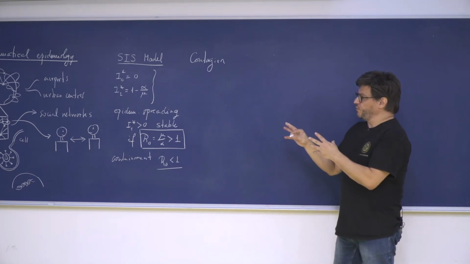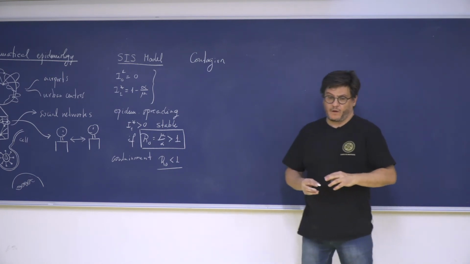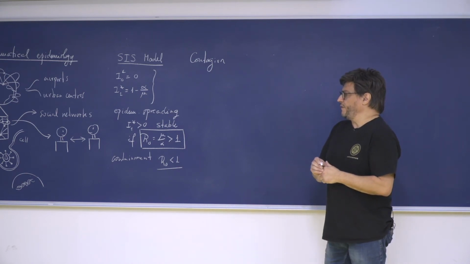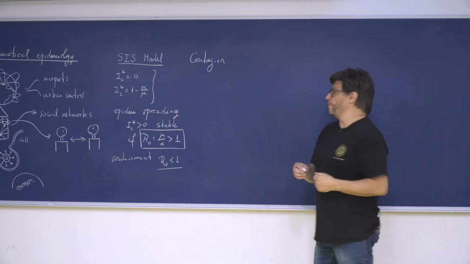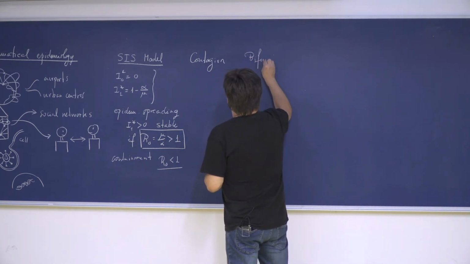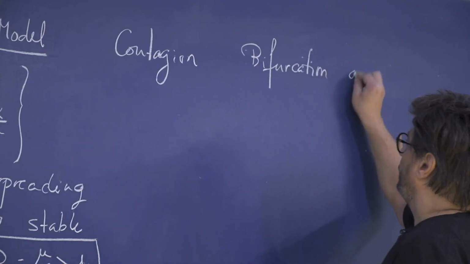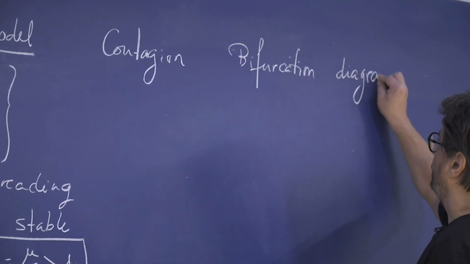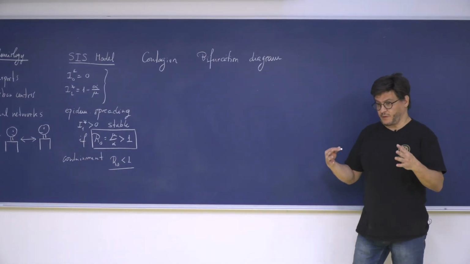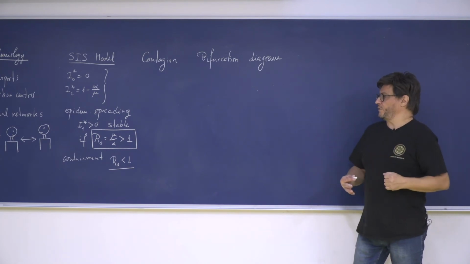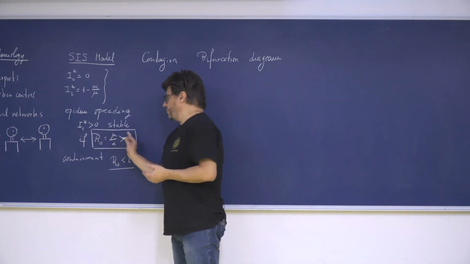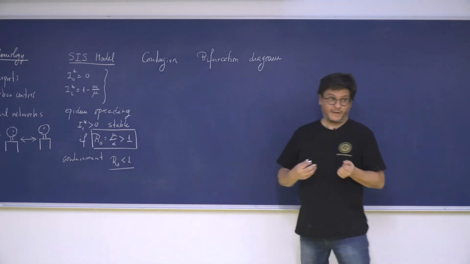So all this brings us into a very important mathematical object that we'll explore and that captures a lot of the complexity in nonlinear systems, which is the bifurcation diagram. The bifurcation diagram is, as the name says, a single diagram that captures almost everything that happens in one of these models, right? So whether things are stable or not, whether you have transitions between different states, virtually everything, right?